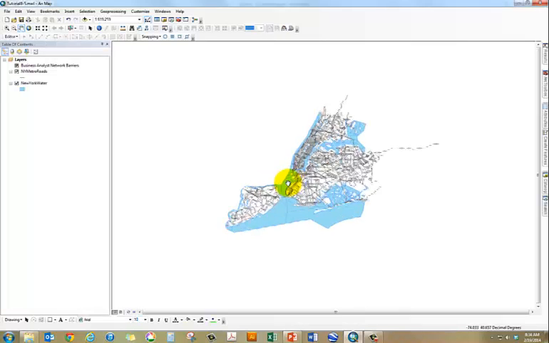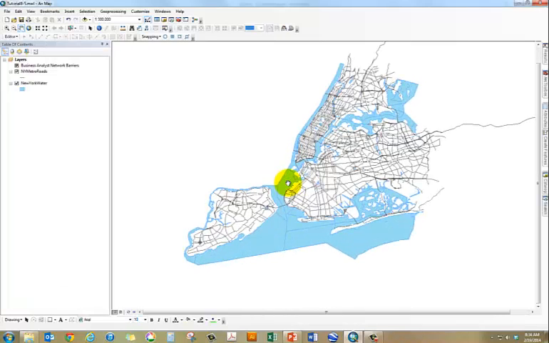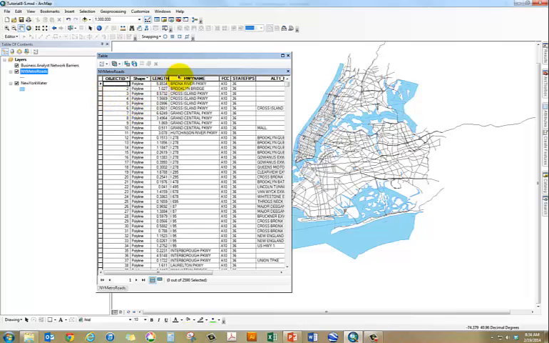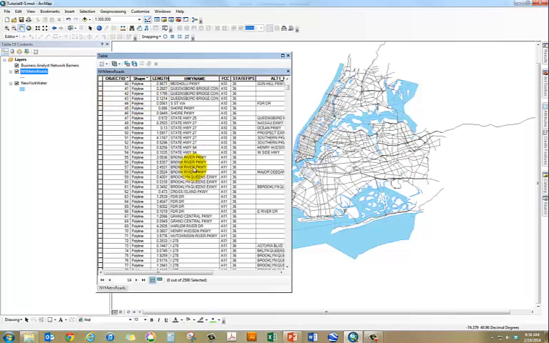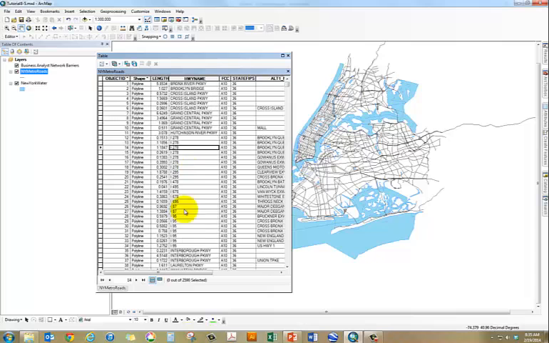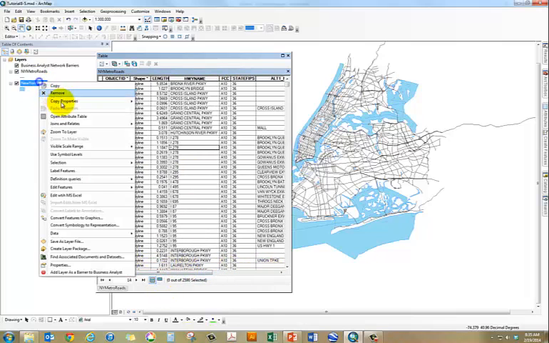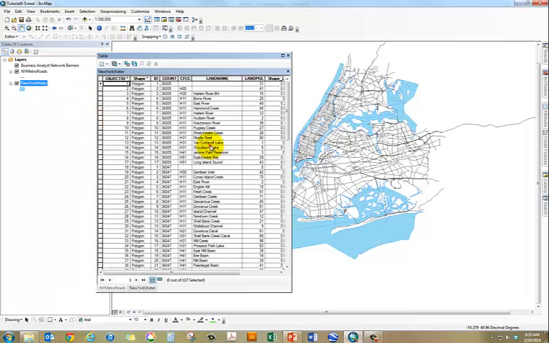And now that we have this, what I want to figure out is what are the roads that intersect with this flood zone. So I'm gonna open attribute tables of both layers. So it has highway names, it has road names and the type of roads and alternative names and stuff, and it has the